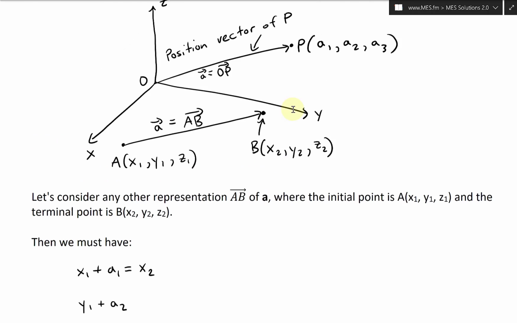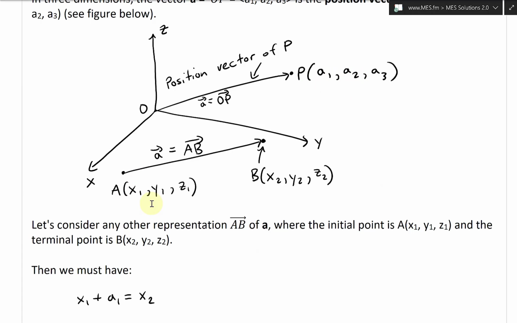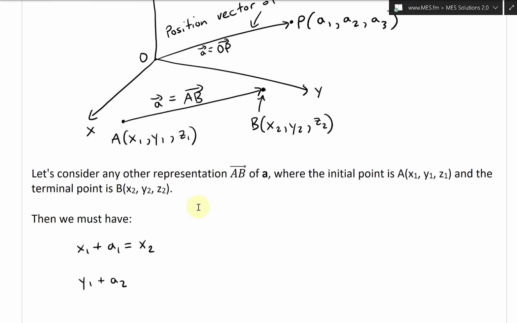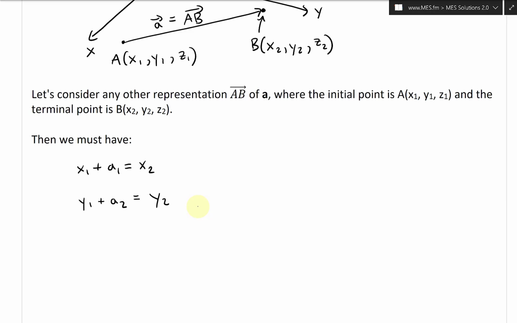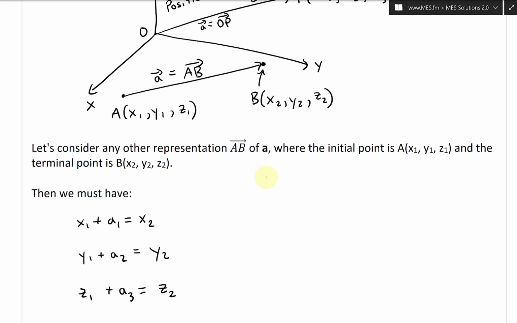So we have to go, this a2 has to add with this one, has to equal to this. And so on, this equals y2. And then likewise, we must have z1 plus a3 has to equal to z2. So in other words, this right here has to be equal to B, and this is going to be x1